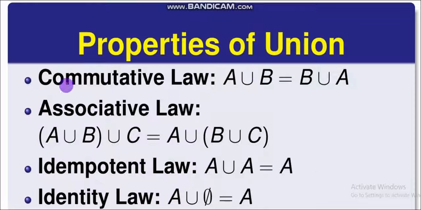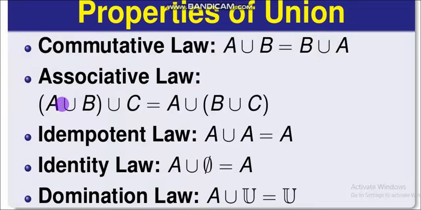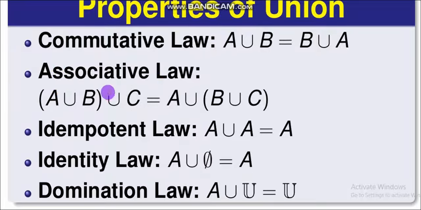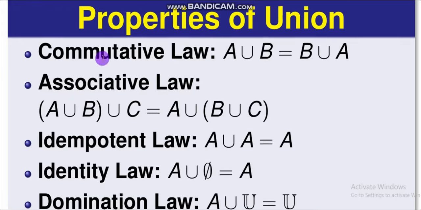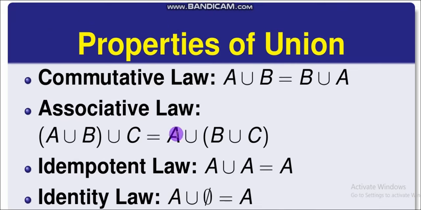So the next one is the associative law. Remember, this is about union only, so you are going to see union everywhere. You see A union B, B union A. Now, what about the associative law? If I have any three sets and I am finding their union, I am adding their elements together to form a single set, then